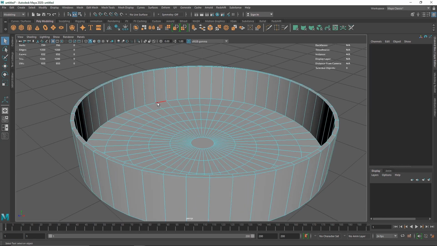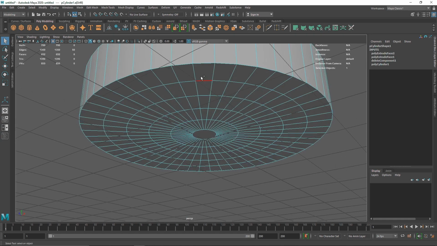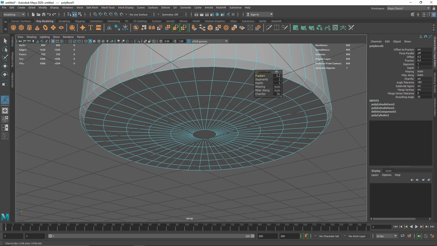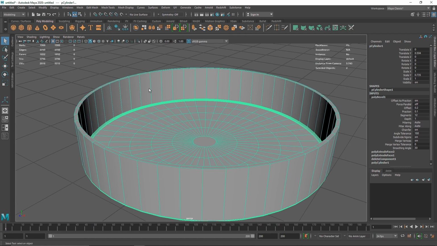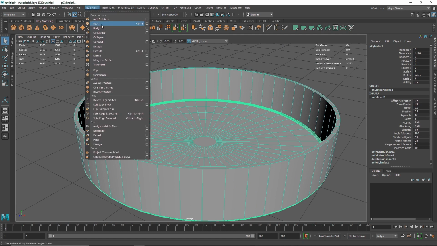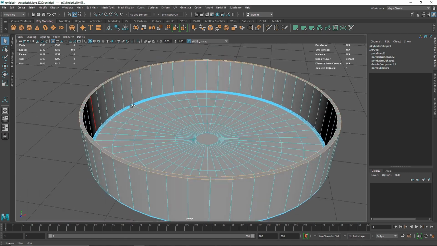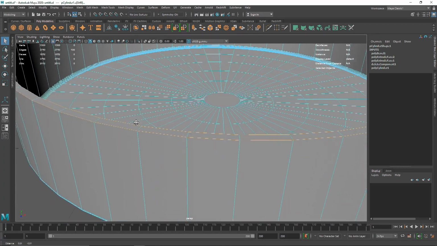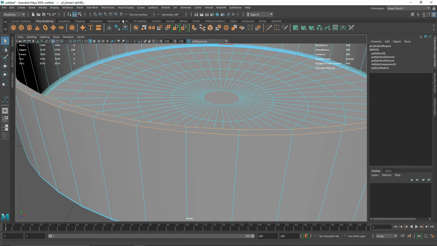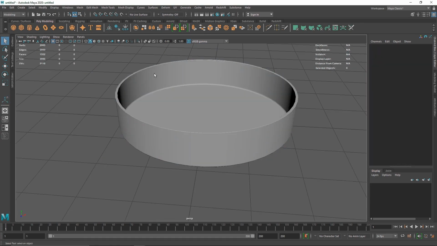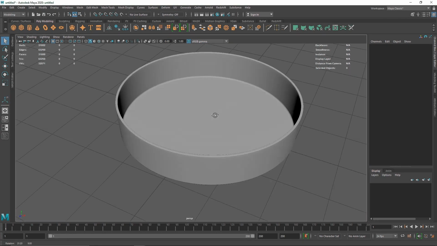I'm going to select all the edges here. I'm going to select this one and this one, and hit bevel, and make the fraction about 0.1 and increase the segments to maybe 12. If you can't find the bevel, you can simply go to Edit Mesh, and there is the bevel. So you can select your mesh, both the edges, and from here you can also select your bevel, or go to Edit Mesh and Bevel. Now I'm going to make this again 0.1, and I think that should be good enough. So if I hit 3 on my keyboard, we have a perfect container.